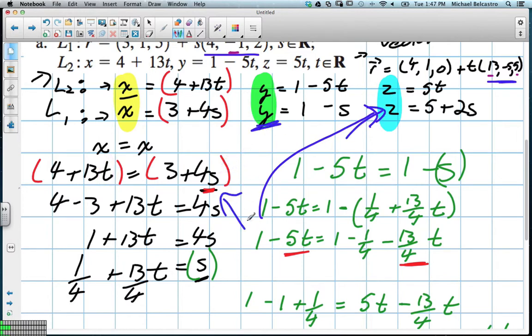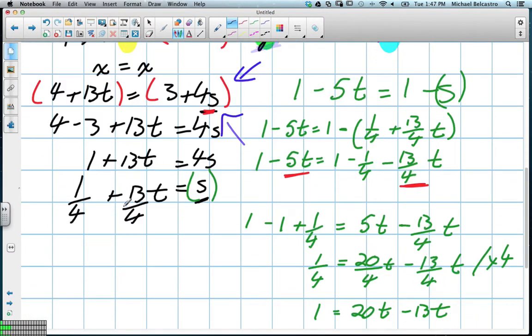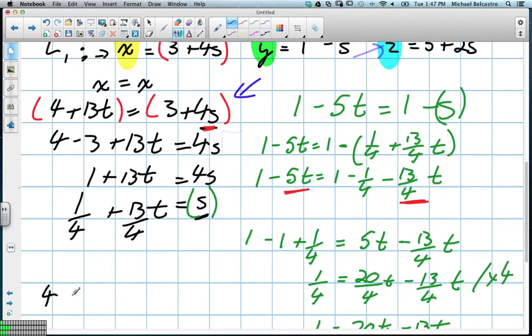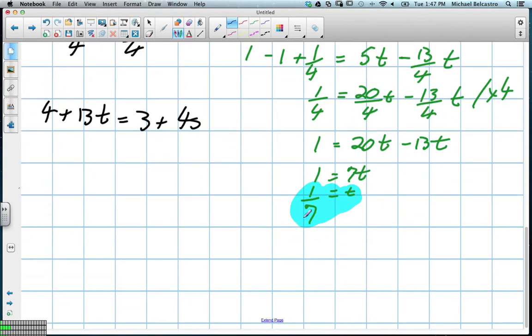Okay, so once we use our y's, let's use our x's or our z's. And let's just go back to our x's since we already have that information written down. We know that when we pair them together, we have 4 plus 13t is equal to 3 plus 4s. We know that t is a 7th, so we'll replace 4 plus 13 times 1/7 is equal to 3